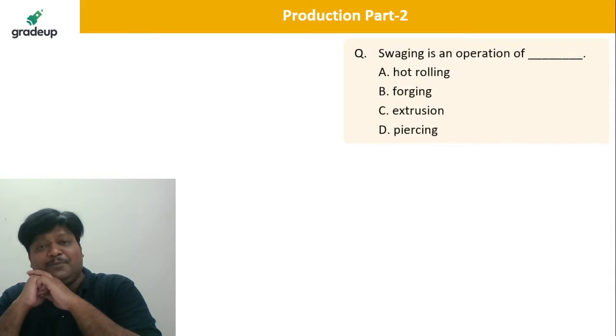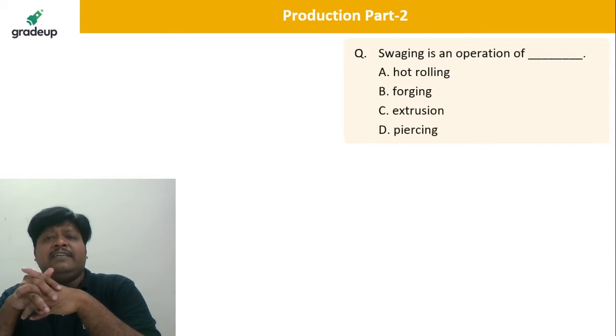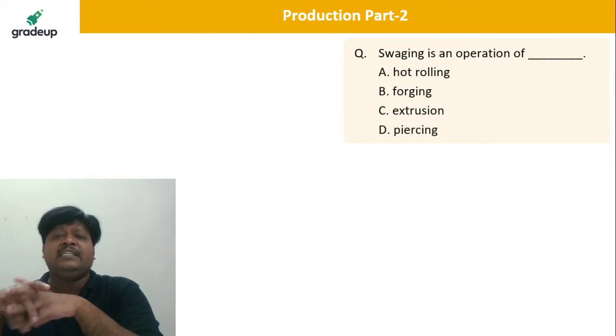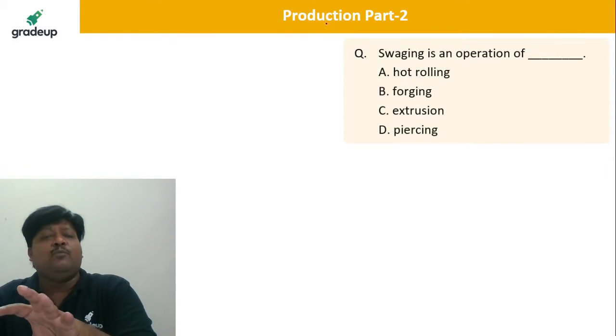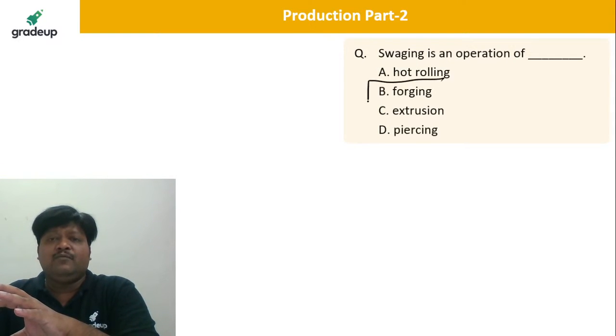and Khadse. Very good. Yes, swagging is an operation of, in general, trying to have the rough shape of the product before we go for the final finishing. The swagging operation is related to what? This is one of the miscellaneous or special forging processes. Yes, the forging. This is the forging process.